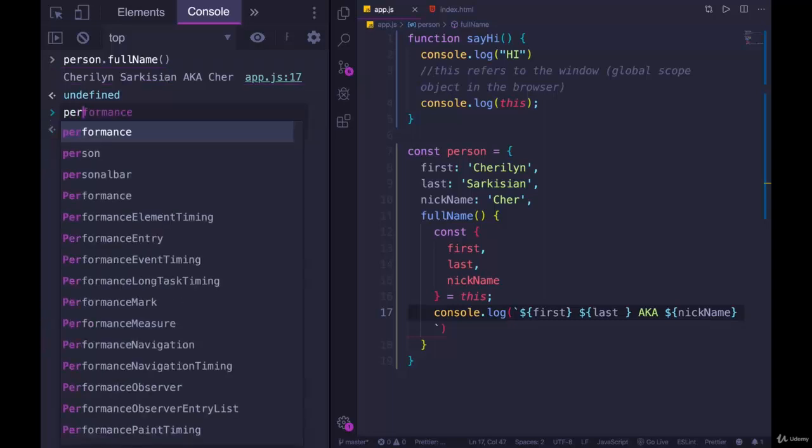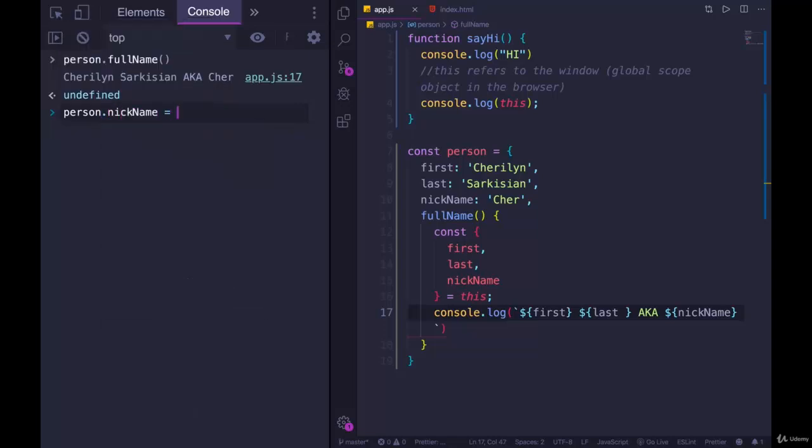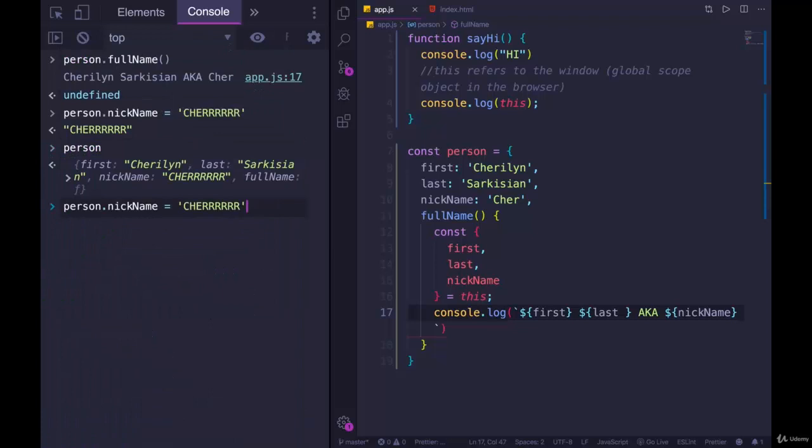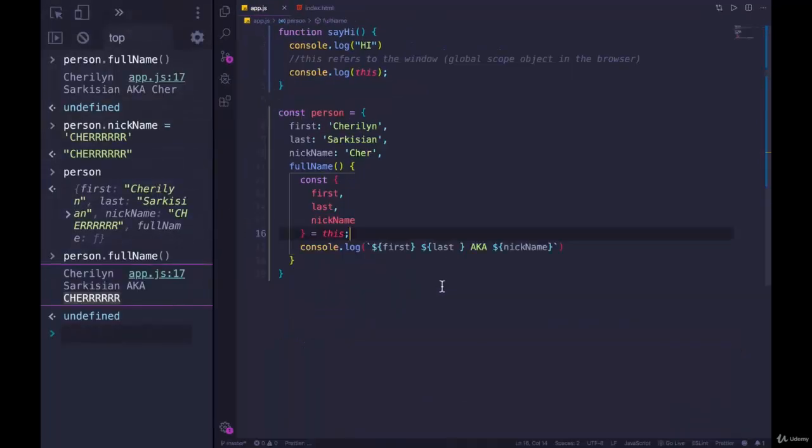And if I change one of those values in person, let's go with nickname, person.nickname equals Cher with a bunch of R's in all caps. So now person has a new nickname. If I call fullName again, that change is reflected. It's looking up the value of nickname on the current execution scope, which is what this refers to, and it's set to this object. So now we have the ability to write an object or a method that is aware